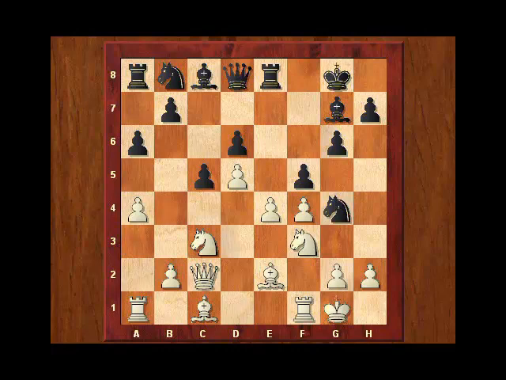Now we can compare calculating in chess with walking the busy and maybe even dangerous streets of a town. There's traffic and maybe even gangs in certain parts of town. Suppose you know where you want to go in that town, you have a destination, just like you can have a plan or a goal in chess. Now what would you do? Would you just set out your course, cross the streets and hope to get where you want to be?